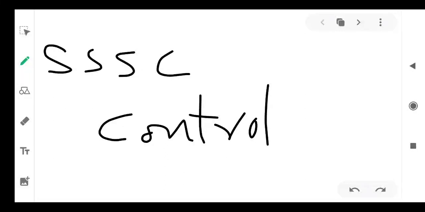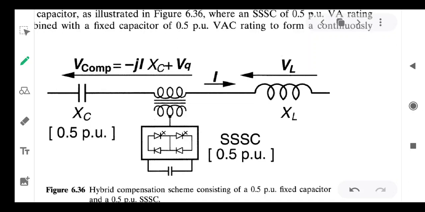Good evening, everyone. In the last video, I explained the SSC, static synchronous compensator, and its power circuit, power angle characteristics, how the power angle characteristics are modified with the control of SSC, the power circuit, power angle characteristics, and VQ control and effect of VQ on power angle curves, etc. Now our focus is how to develop the control circuit along with the power circuit to get the automatic control over SSC. Now let us focus on that.